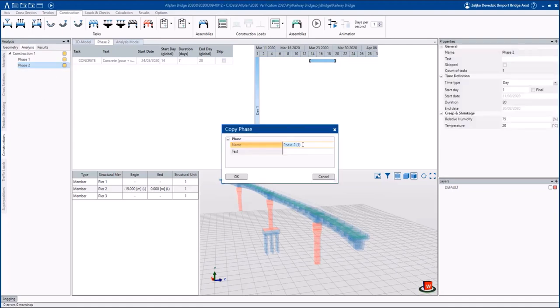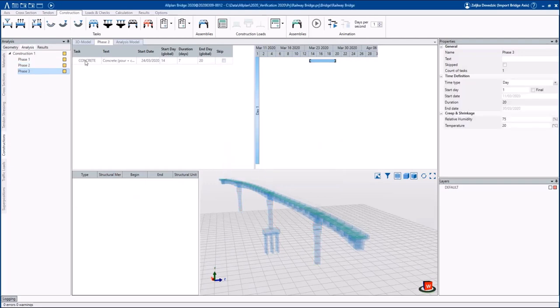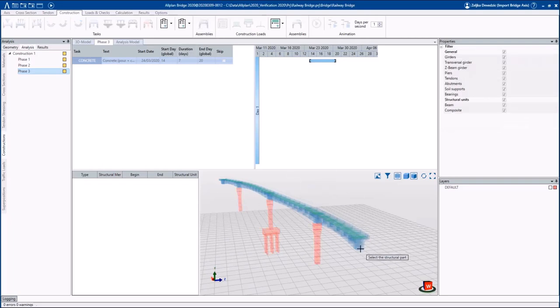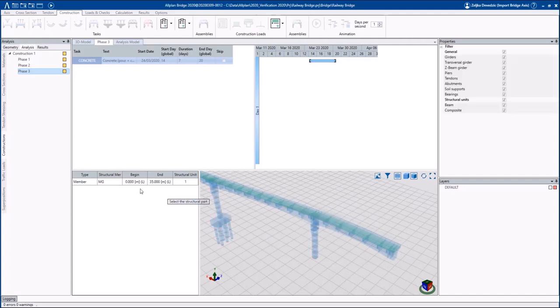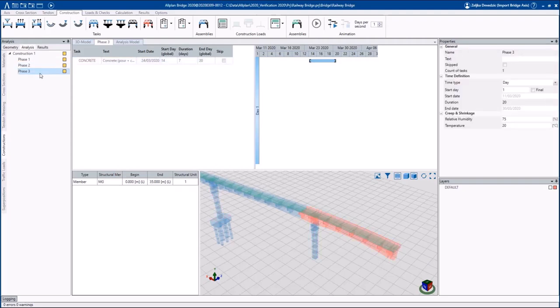In the phase 3, we will activate the first part of the main girder and we will also stress the tendons of the first phase. For the task Concrete, we will create the assembly by selecting interactively the elements of the main girder structural member from 0 to 35 meters. In the property windows of the task Concrete in the phase 3, we will adjust the start date and the